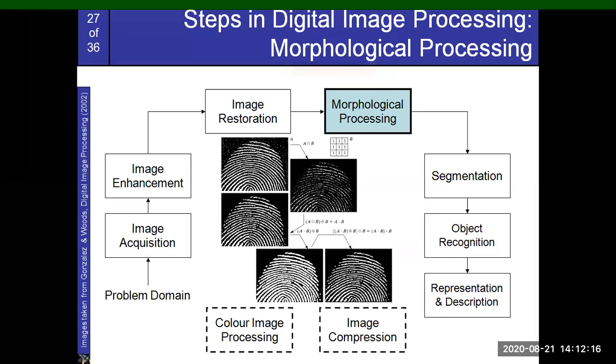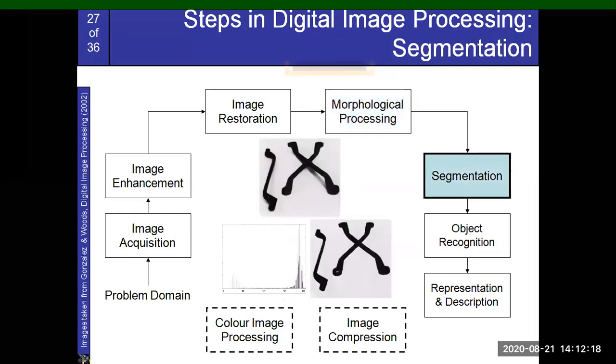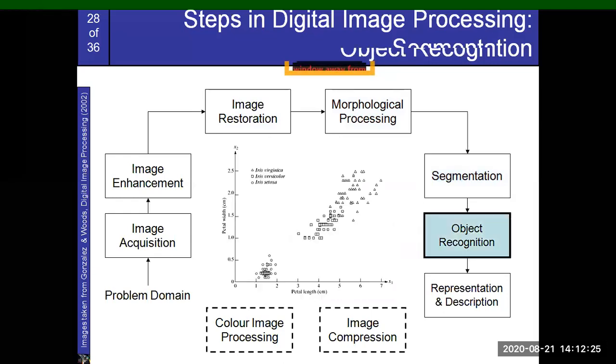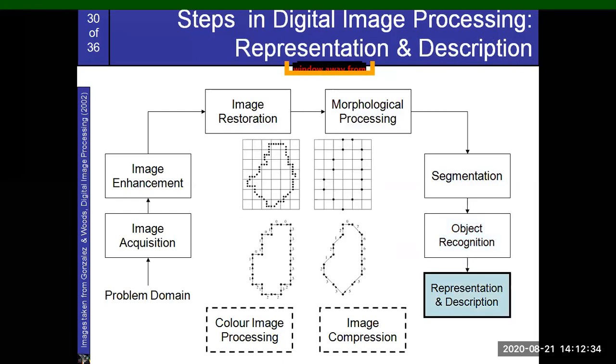Okay. Next, segmentation. Here we are segmenting like this: we are dividing one image into a number of images. Object recognition: based on your pixels, we can recognize the type of object. Representation: this is one type of representation, dots, another with dots and staircase like this, or a path representation, 1, 2, 3, 4, 5, 6 like this. So different methods are there.